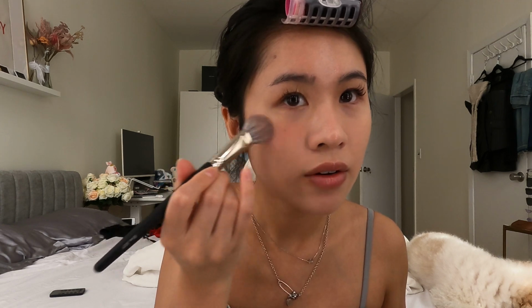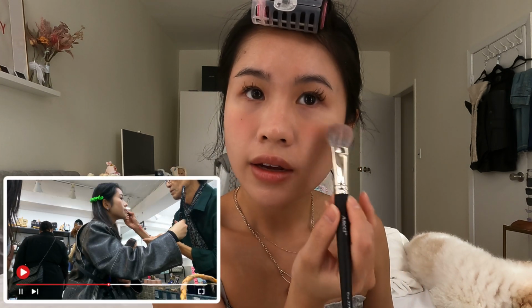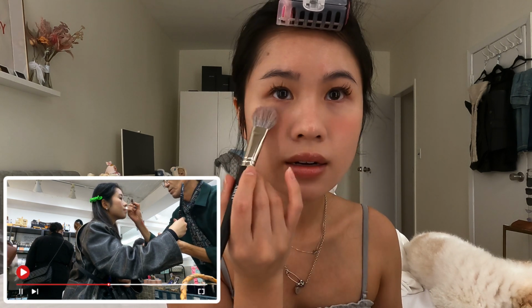Okay, so the blush goes like this for daily makeup. He said to just do it right here. Cute. Do it again on the other side. Of course, when you use bronzer, it's okay. But for daily makeup,